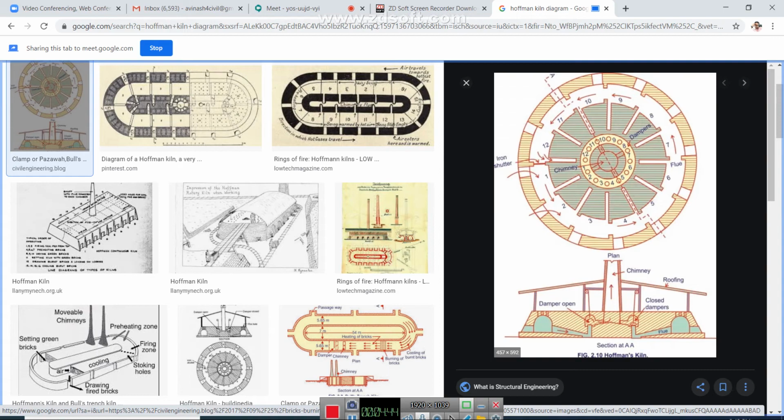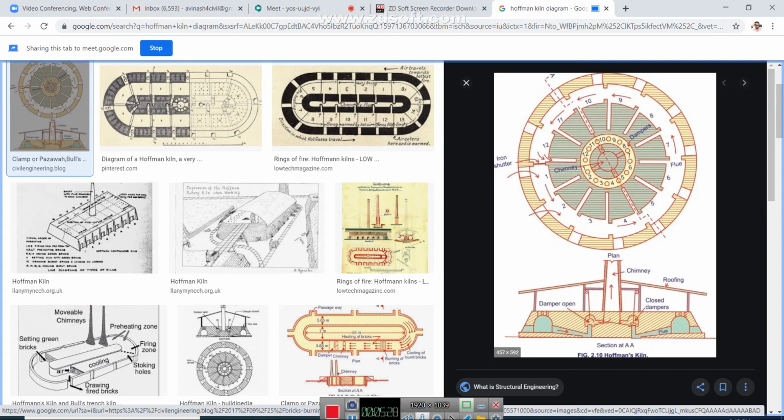Then it will move into the chambers 2 to 5, and in chambers 2 to 5 it can preheat and dry the raw bricks. Then the damper, meaning the door of chamber 2, is in open condition. So after the drying operation is completed, the hot gas can be withdrawn through the central chimney through the damper of chamber 2. Okay, this is the diagram and this is how this Hoffman's kiln works. I'll give you short notes. I have already prepared handwritten notes and those handouts will be circulated to you, so you don't need to worry.